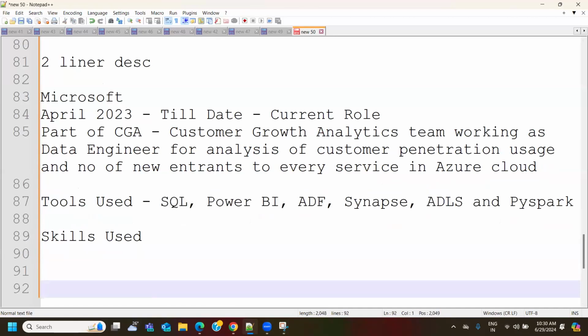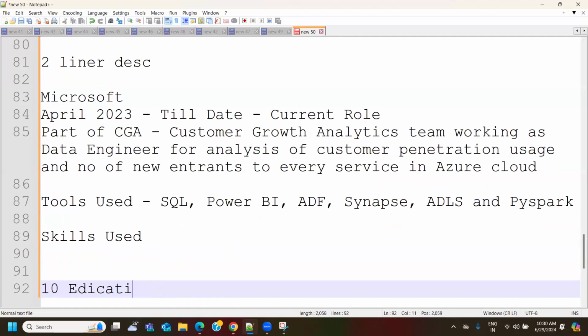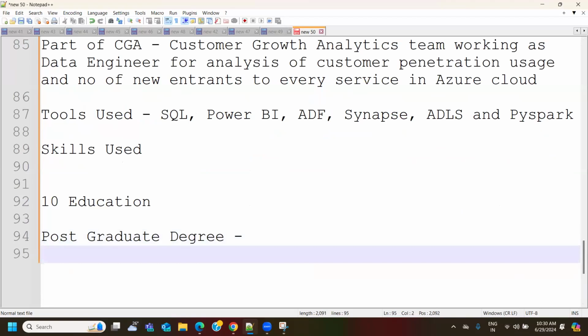Now, coming down to the 10th part, which is your education. Education should also be clearly mentioned. In education, if you have a postgraduate degree, the first should be the highest degree, postgraduate. Then it should be your normal degree, bachelor degree.